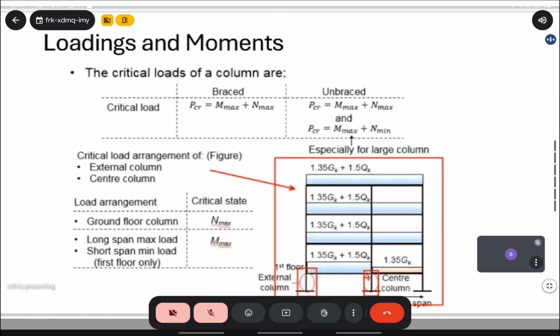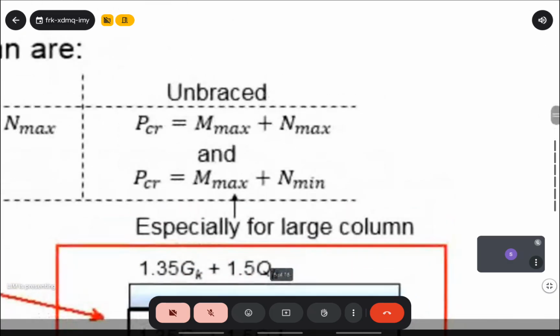So you can see how many stories we have? 1, 2, 3, 4. We have 4 stories on this building. And each story is carrying 1.35 GK plus 1.5 QK. So when you design the columns in this building, you can see here,